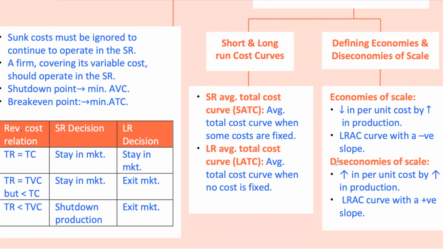Diseconomies of scale can erode the benefits of growth and expansion, making it crucial for firms to find the optimal size that balances economies and diseconomies of scale. The firm benefits from economies of scale up to a certain output level, beyond which diseconomies of scale set in. It's essential to find the balance to maximize efficiency and profitability. For example, a small bakery might benefit from economies of scale by purchasing ingredients in bulk, reducing the cost per unit. However, if it grows too large and faces coordination and management issues, it might experience diseconomies of scale, increasing